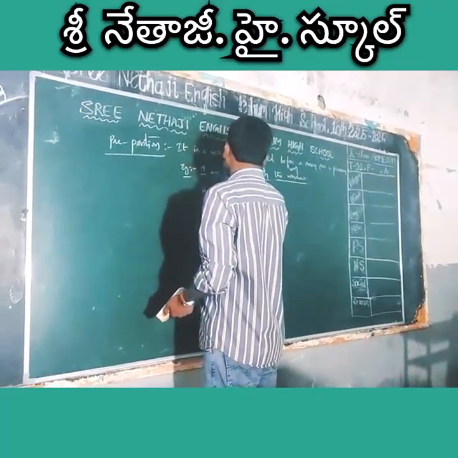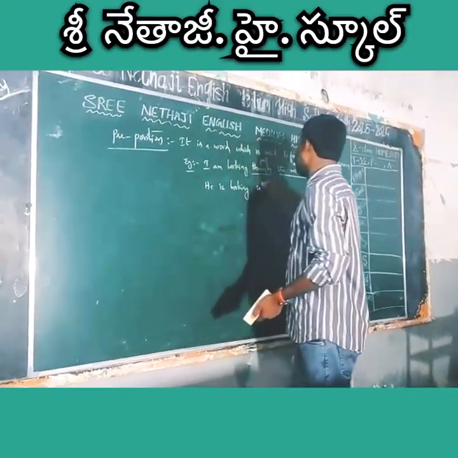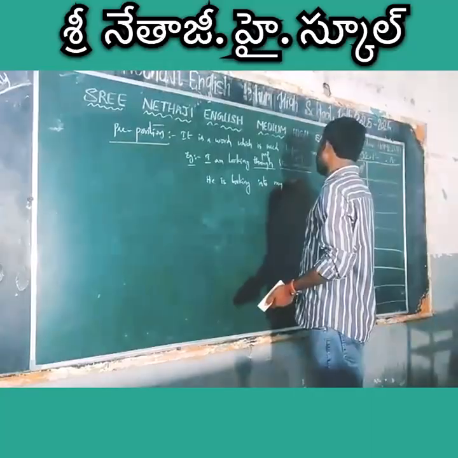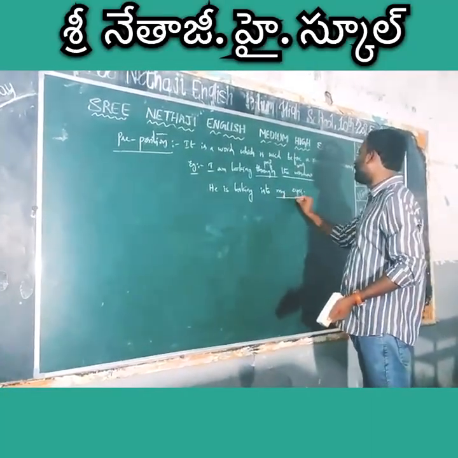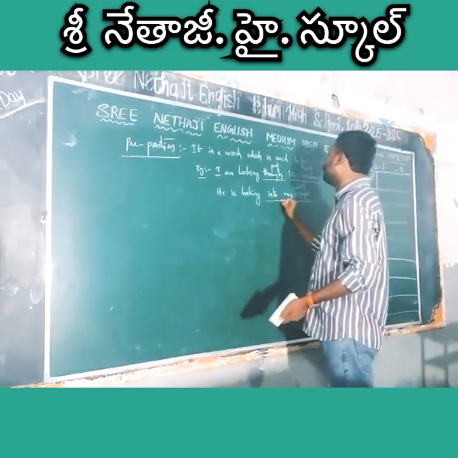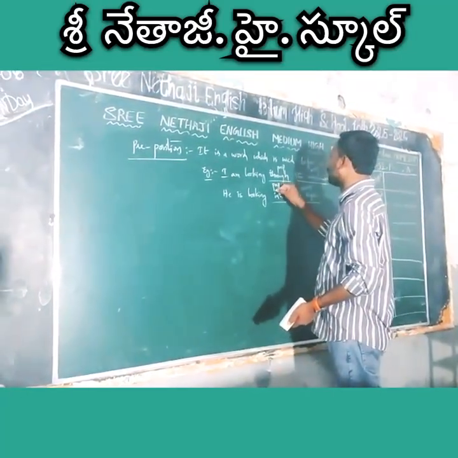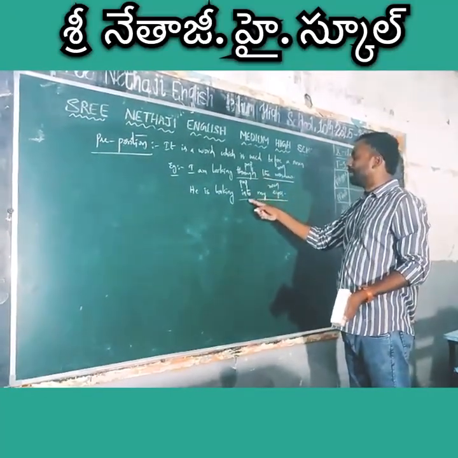He is looking into my eyes. My eyes, it's noun. Into is preposition. Here, through is a simple preposition. Combination of any two